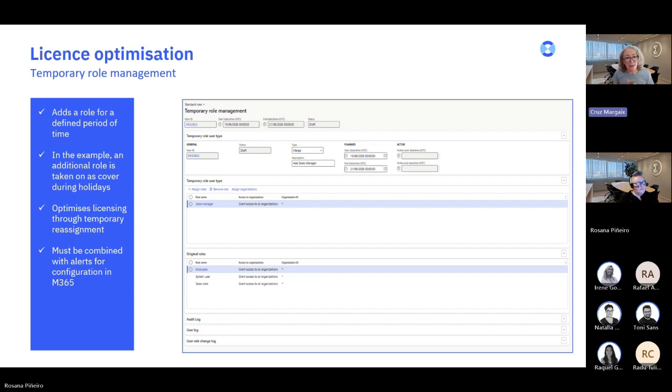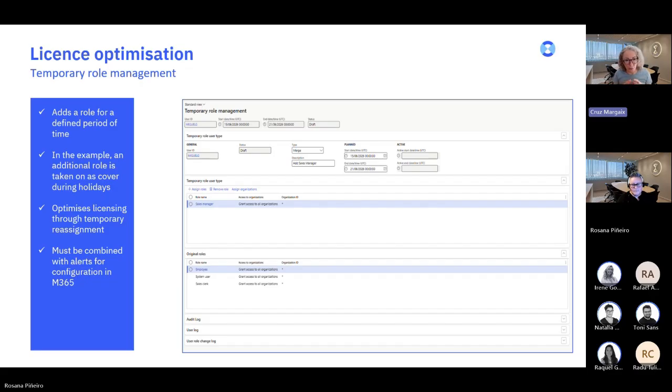So with this temporary role management, administrators can temporarily remove the sales related roles from David and assign them to Miguel. And this will happen automatically through a batch job in F&O.